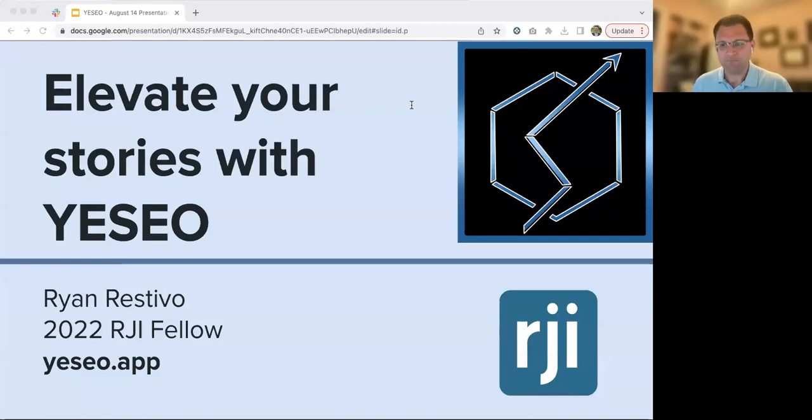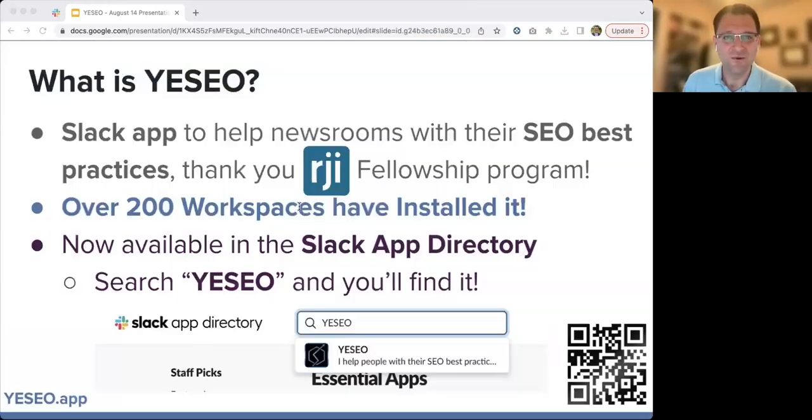Building free, accessible, practical innovation, and seeing people use it all over the country and the world, and people embracing it, using it, and getting value out of it. That's one of the reasons I wanted to do this. And so I'm happy to share with you all the story of that, and then all the other good stuff to follow. The goal of my RJI Fellowship was to create a Slack bot that helps newsrooms with SEO best